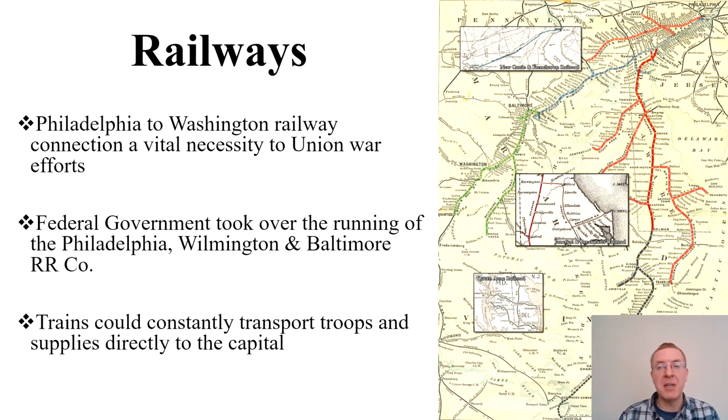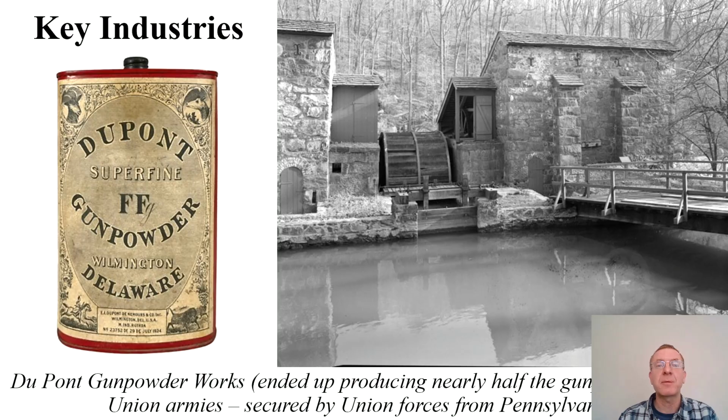And of course, if you keep Delaware in the Union, the industrial city of Wilmington also will be connected directly by rail line to Washington, and Lincoln can get supplies from there as well. And there are some very crucial supplies that Lincoln knows he can use in Wilmington should he manage to keep Delaware in the Union, especially New Castle County. So let's look at those key industries.